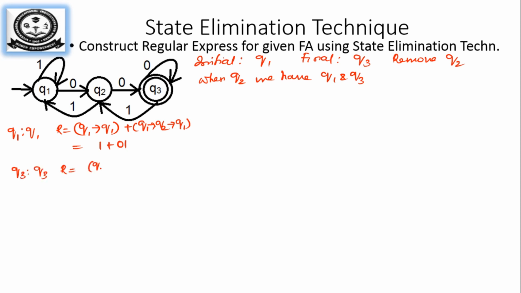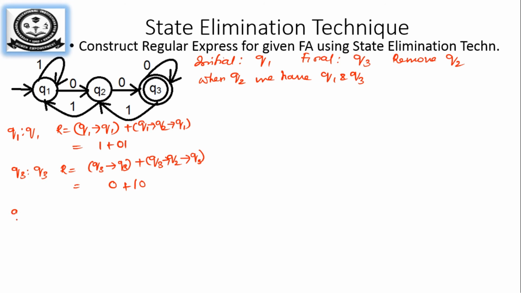Again we are checking a self transition for Q3. Q3 to Q3, do you have any self transition? Then through Q2 can I reach Q3 again? So we'll check. So I have a self transition over here for Q3 plus then Q3 to Q1 I have 1, then Q2 to Q3 it is 0.